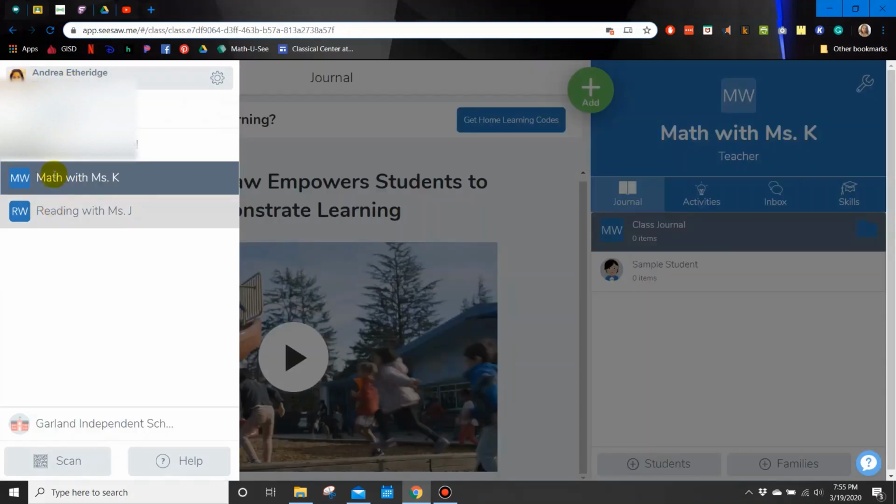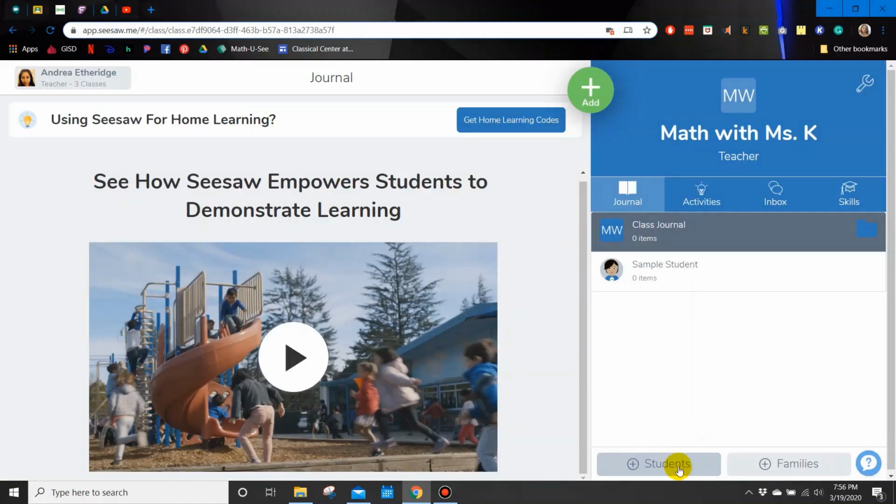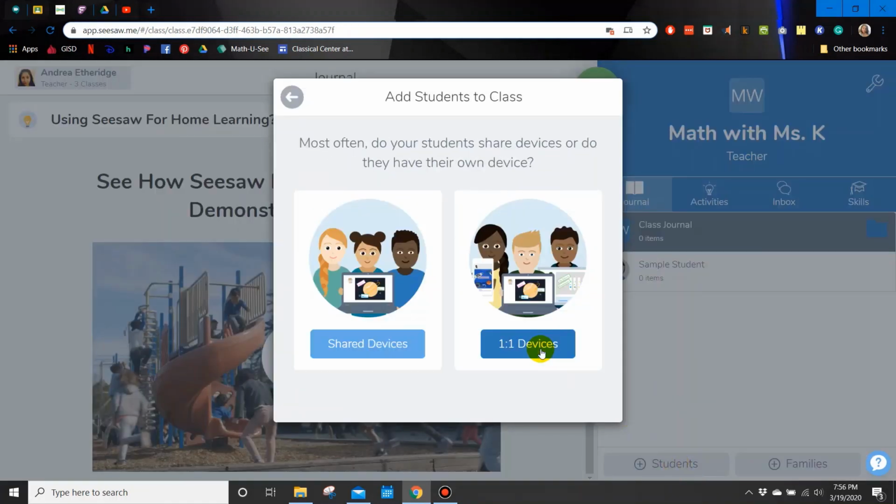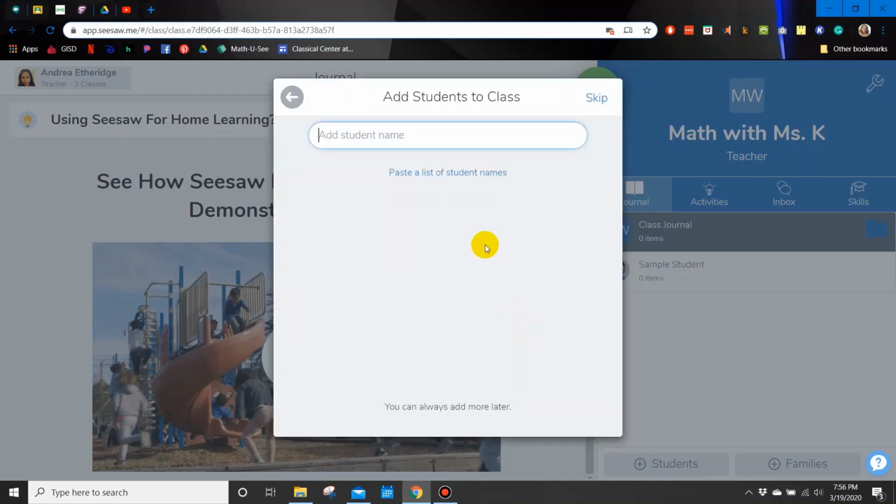Now let's say that I want to create both of these. I am Miss K and my partner is Miss J, and we both want to keep them split and separated because that's just what's going to be easier for us. However, our kids are mixed up. So how do I make sure that my kids all come see me and then all of her kids go see her? So when I click the student link and I generate my